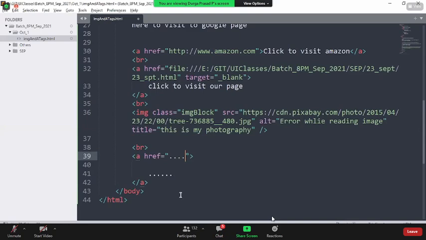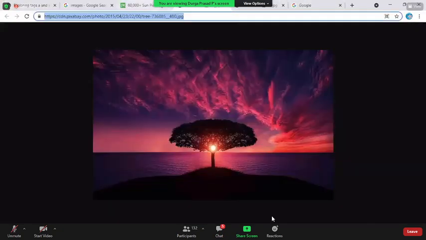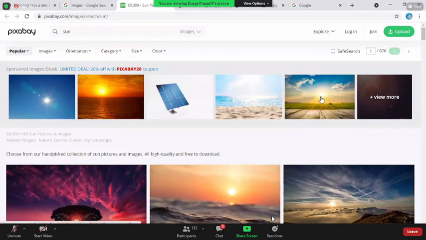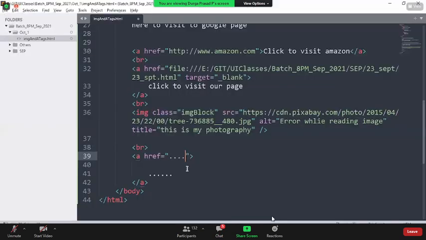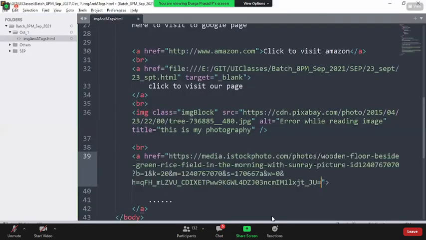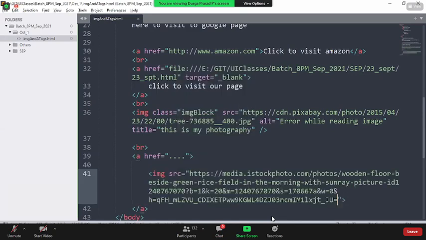Now let me copy another image. For example, this is the image; open in the new tab. This is the image path. I'm copying the image path and giving the path like this. Now I have to put the image over here, right? So the img tag, with the src attribute. It is a self-closing tag.